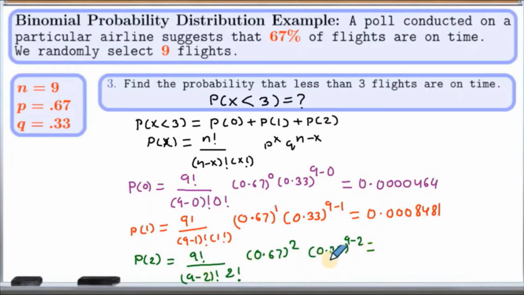So now we can plug in these numbers in a calculator. So on doing that, I got